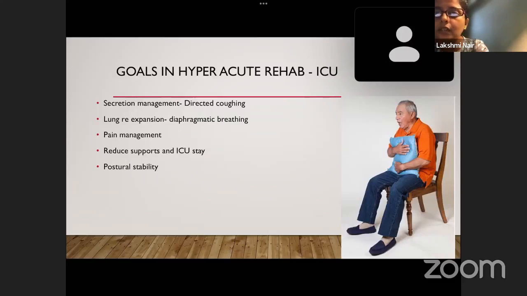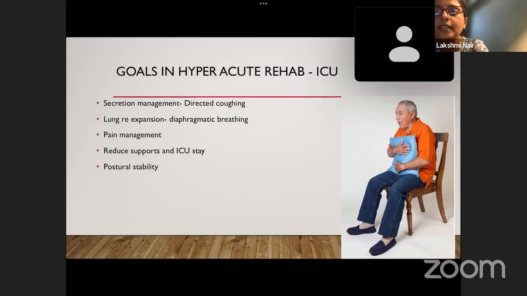So directed coughing technique is extremely important. They can use a pillow to support the incision site, and assisting the expiratory muscles by giving pressure on the tummy, on the abdominal muscles, helps to expel the secretion better. Due to the transplant, there will be some amount of denervation of the lung. The denervation will contribute to a weaker cough reflex. So the secretions tend to get stagnant, and any stagnant secretion will get infected, and antibiotics follow, and this will go on as a cycle.